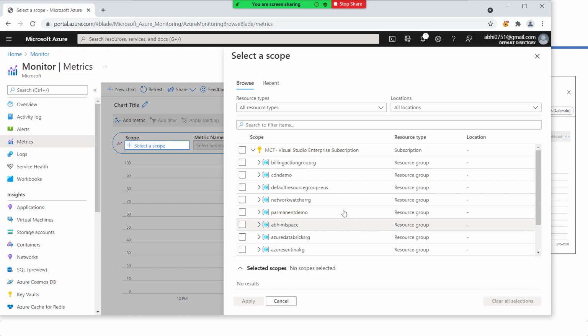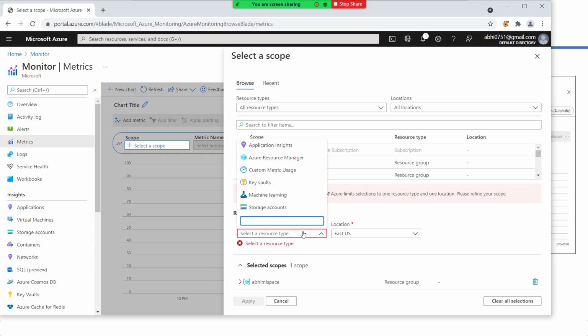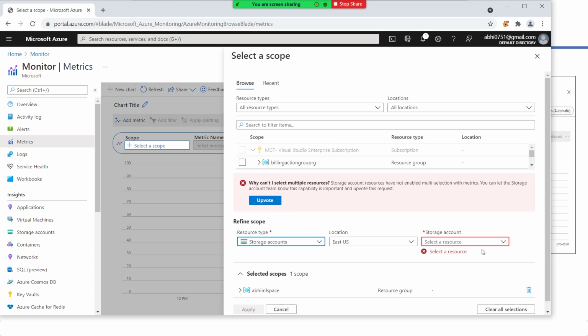So suppose I would like to analyze this data, I say okay, I will use this one. Something went wrong. Why can't I select multiple resources? Okay, now it is asking me to define this. So I am saying I will use a storage account. Then I will select a storage account, for example, this.